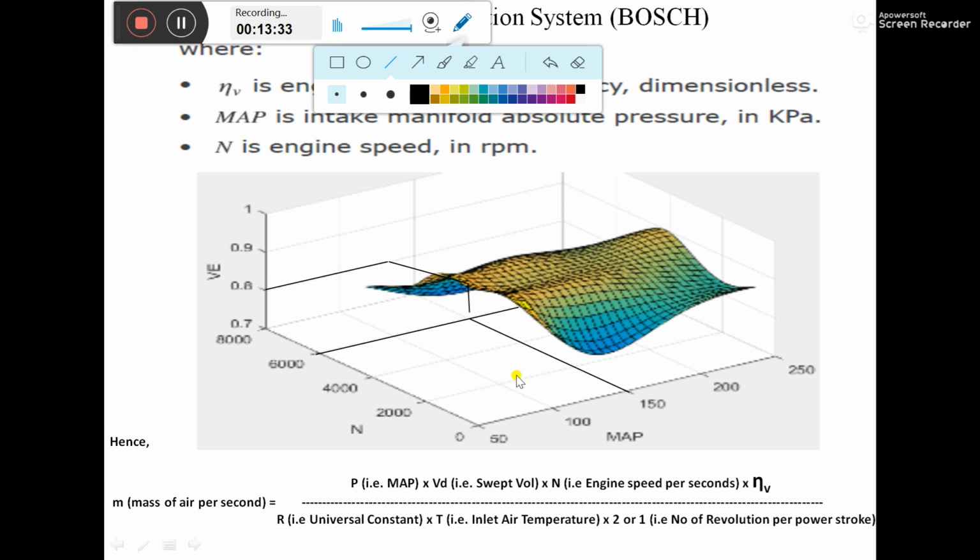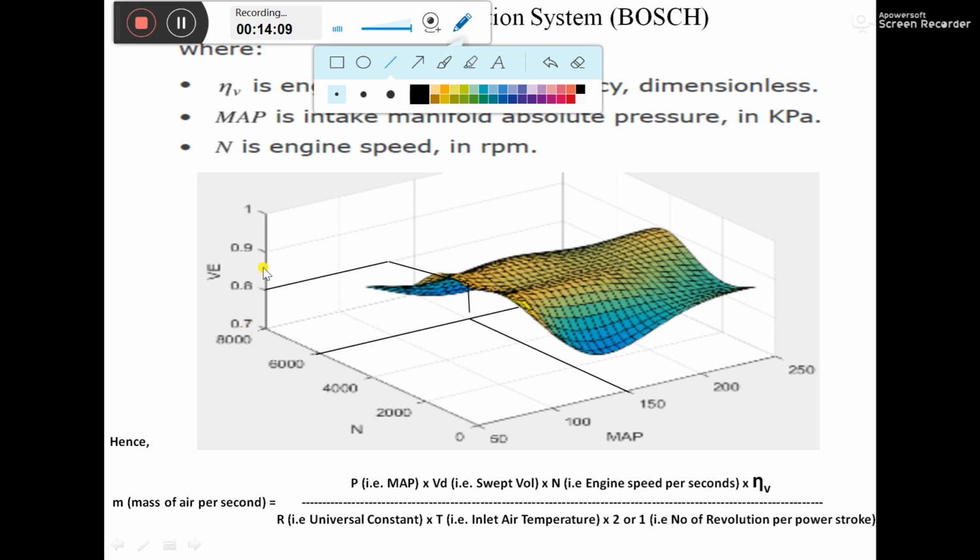So in that fashion, the engine just looks into the engine map. This drawn surface is completely static data. It is generated by a number of iterations done by the R&D department, and this surface gets generated. This is the response surface methodology; through that method only this surface is developed. Through this surface we come to know what volumetric efficiency our engine is achieving.